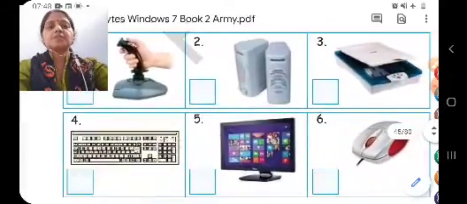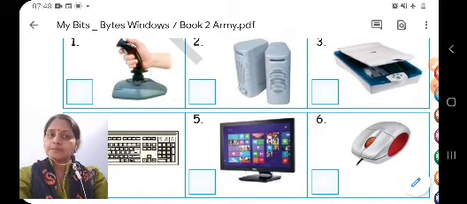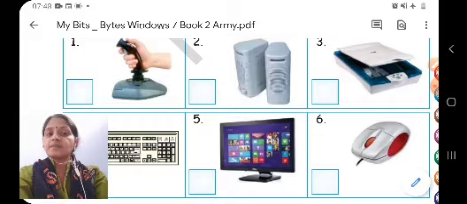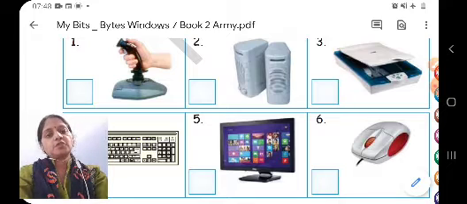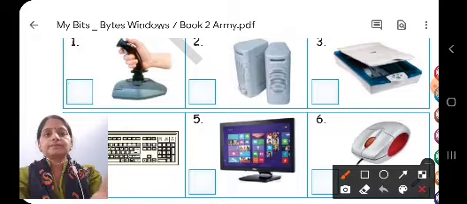Now children, first picture is of joystick. As we know, joystick is used to play games. Using a joystick we play games, and with a joystick we give instructions while playing games. So joystick is giving some instructions to the computer. That is why joystick is an input device, and you will write I here.